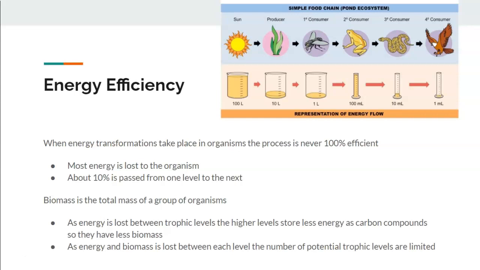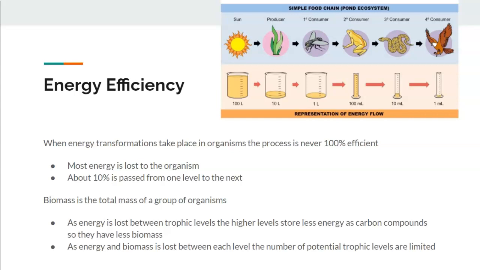So talking about energy efficiency, like I mentioned with the chicken wing earlier, energy transfer is never 100% efficient. Most of the energy that you get from the start, like most of the energy from the sun, is lost to the plant, and then only a fraction is passed on to the next level. So this is why you cannot have a never-ending food chain, because as you can see in this picture, if you start with 100 liters of energy and you only take 10% as you move through, by the time you get to this top predator here, you only have 1 milliliter of energy left, which is why when you're looking at